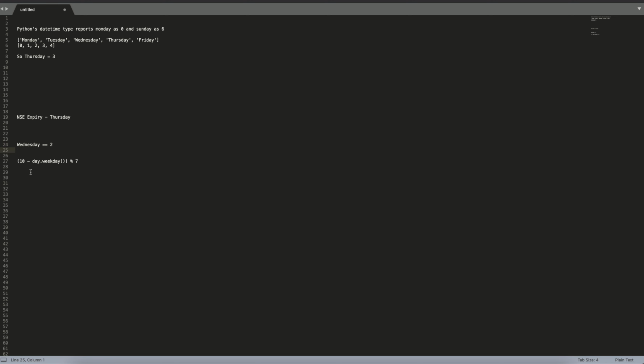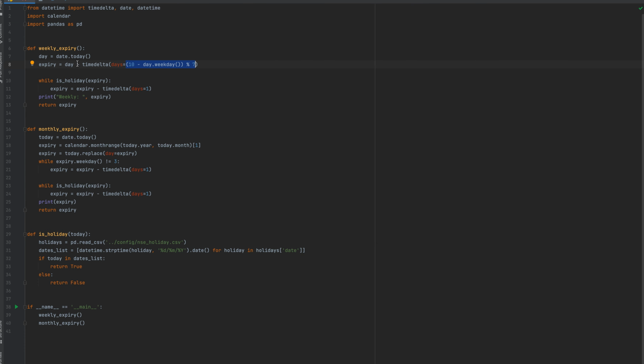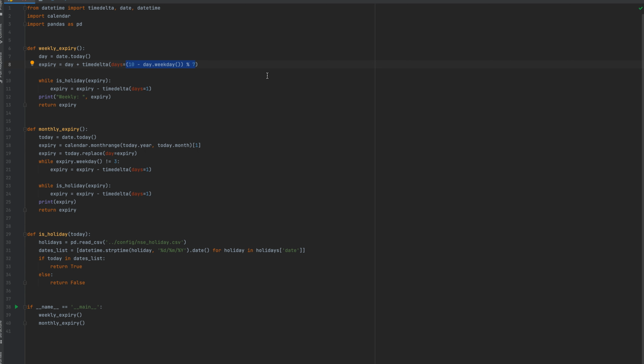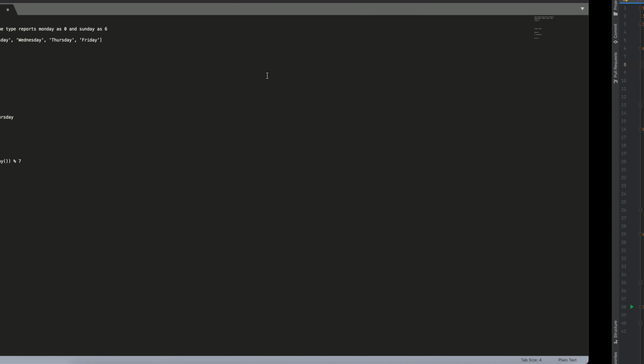So 10 minus 2 equals 8, and we take the remainder of division by 7, which equals 1. So for Wednesday we will add one day to it, that means Thursday will be calculated.